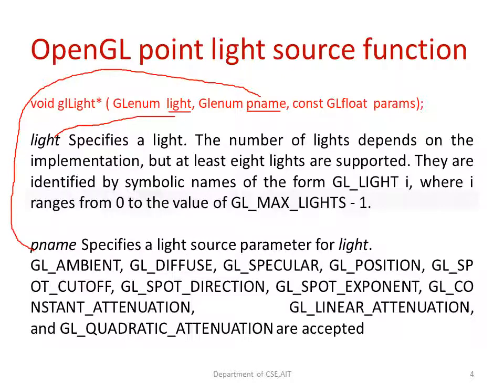The second parameter is the property for the light. What type of light do you want? That is given by the second parameter. In the second parameter, you can have different types of properties. We know that we have constants. By using these constants, you can give the value for the light. It can be an ambient light, a diffuse light, or a specular light. Any of these lights can be given by making use of the second parameter.